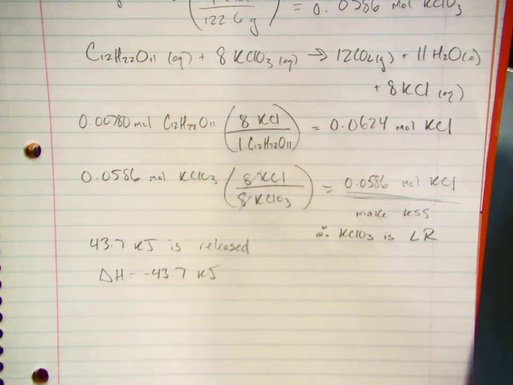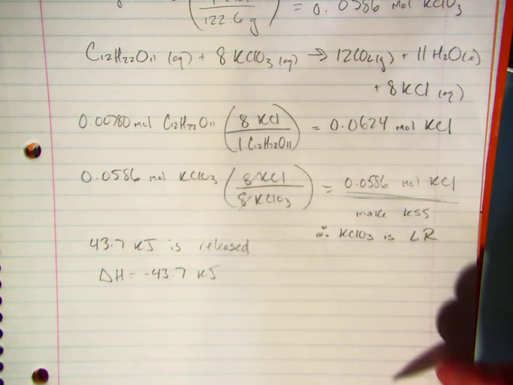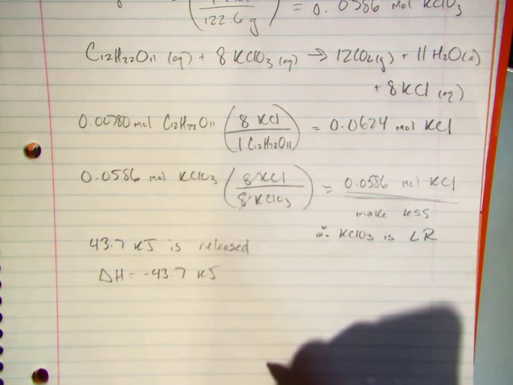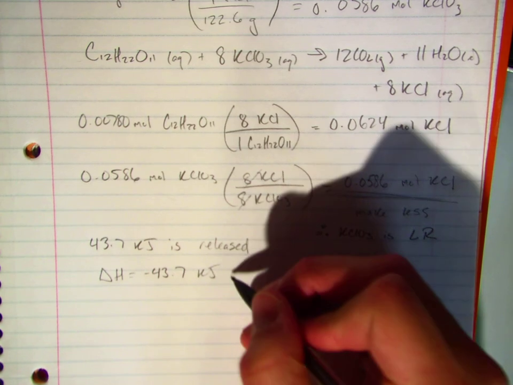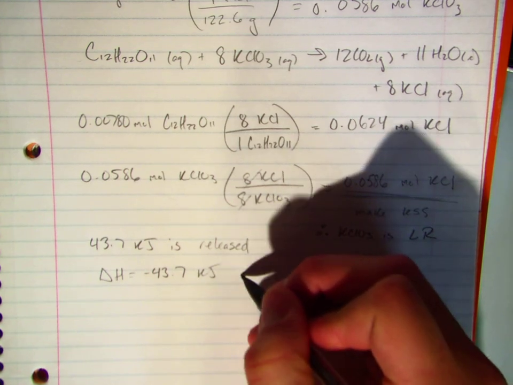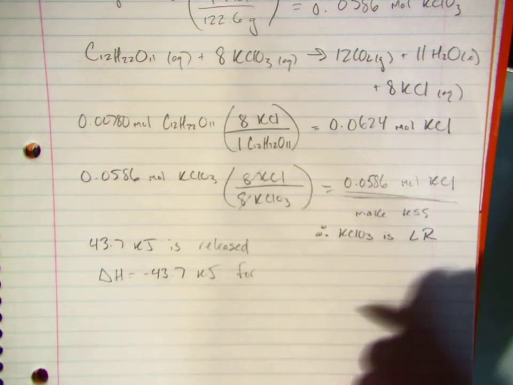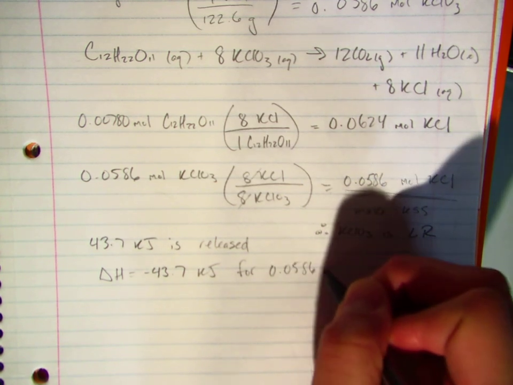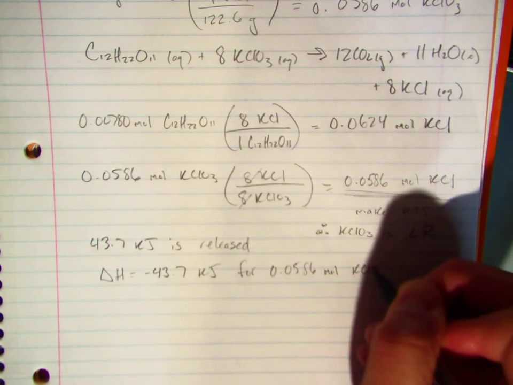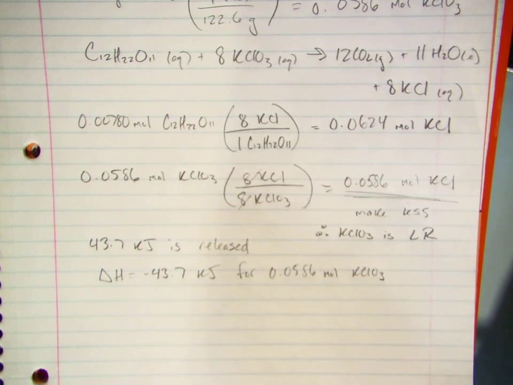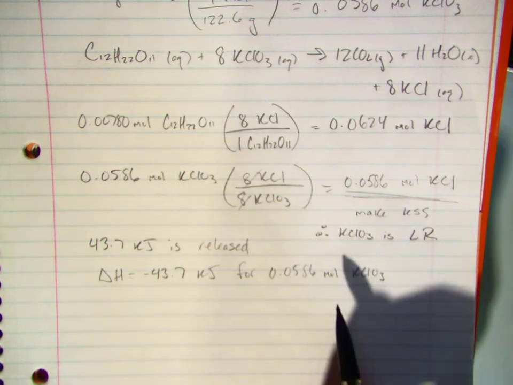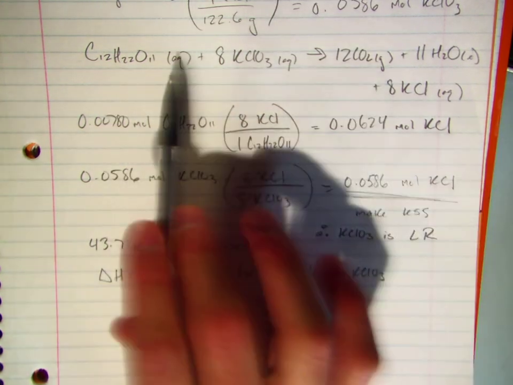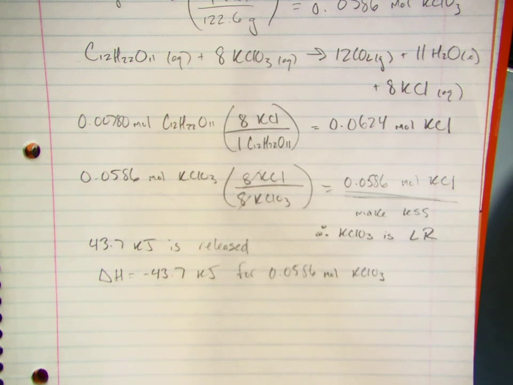But it was 43.7 kilojoules for the reaction as we were given. So negative 43.7 kilojoules is released for that amount of potassium chlorate, 0.0586 moles of KClO3. And I want to know what the heat of this reaction is up here exactly as